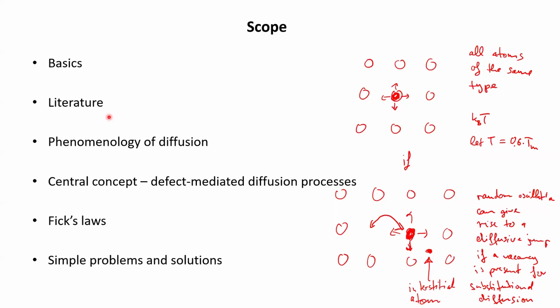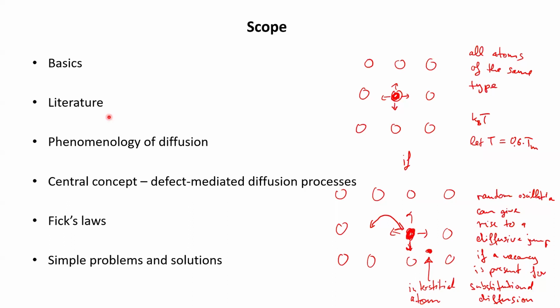And the diffusivities are very different if we compare lattice diffusion, so inside of the perfect grain, and for example, short circuit diffusion along a grain boundary. Much faster, because the structure allows for more excess volume, so to speak. And so there is literature also on these specific paths of diffusion and how to describe them, based on physics, based on the mathematics of diffusion, and also how to analyze them. And grain boundary diffusion is one of the things we do in my group, so I will also give you much more detailed information later on in the course.